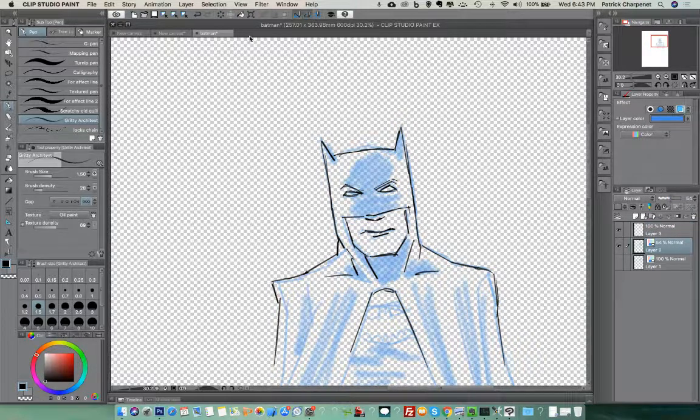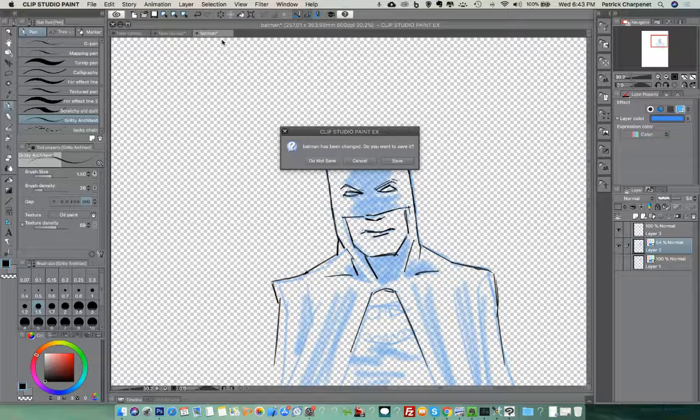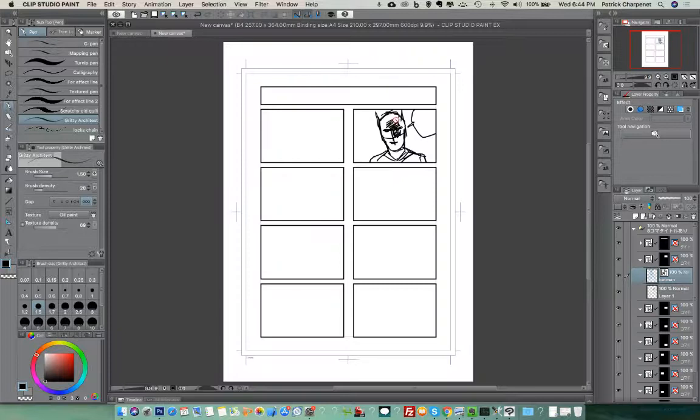Okay, I can just go directly here in that tab. This is Batman. I can hit that circle here, and what's going to happen? It's going to ask me if I want to save this. So yes, I want to save it, and it's going to close because that was the close icon. And now I'm not seeing any change. So what happened? It was hidden with this. Okay. So now it dynamically updated